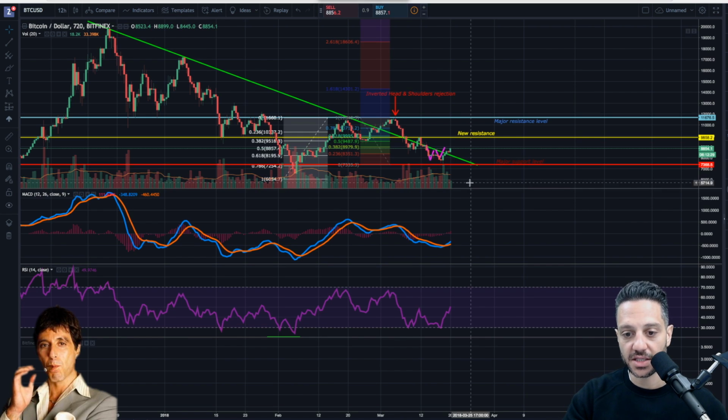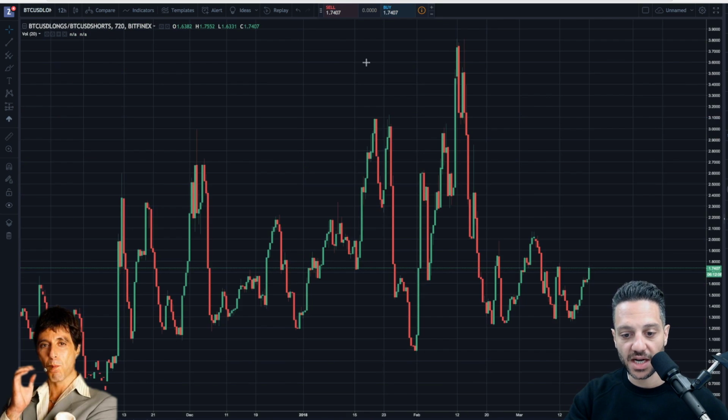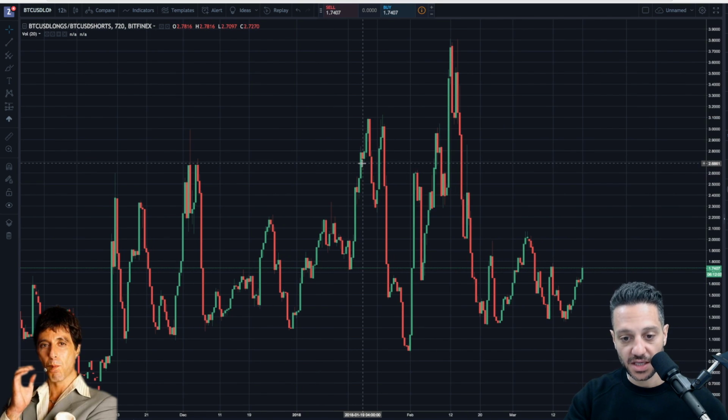And the reason that I like this, in conjunction with these other indicators, is that it is different from them. These indicators here are what are called lagging indicators, meaning the data of these indicators are formed after the price is already determined. So it's lagging behind the price. The reason that I like this is because it allows you to see a tiny bit into the future. And I'll show you exactly what I mean.